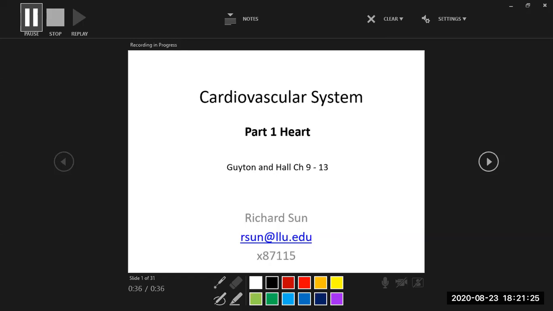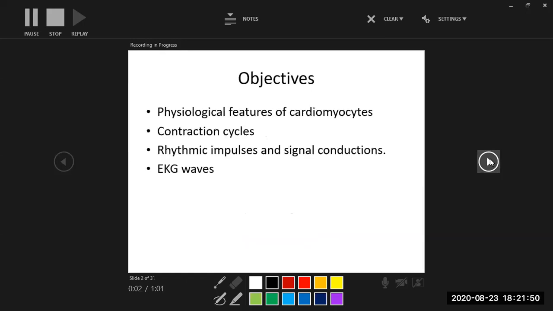With this heart portion, the material comes from the Guyton and Hall textbook, as we already mentioned, in chapters 9 to 13. Because of the limited time, we will only focus on the most essential concepts in this cardiovascular system. So you will need to learn about the